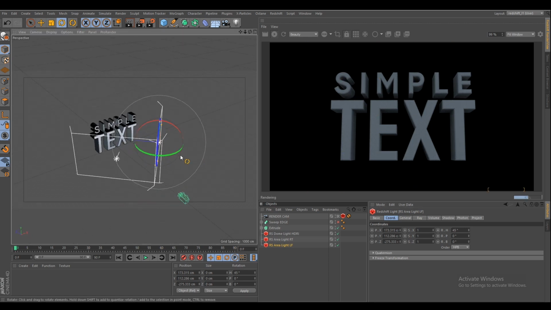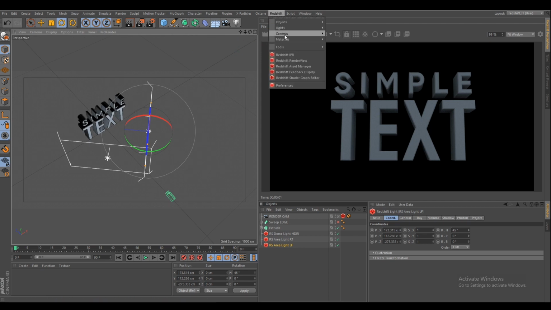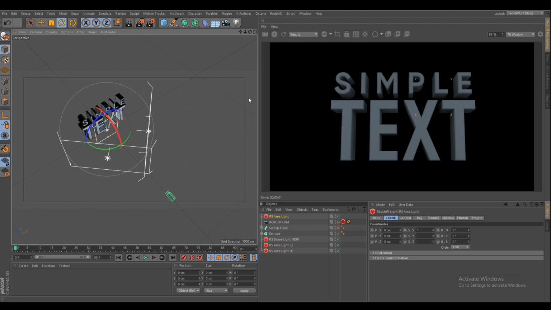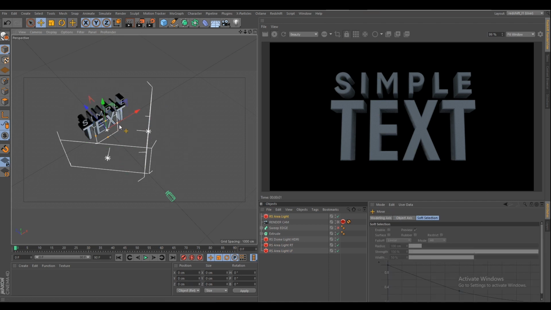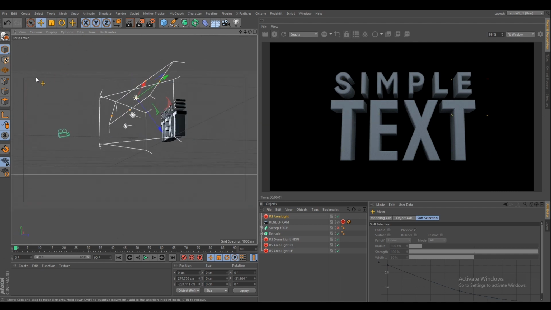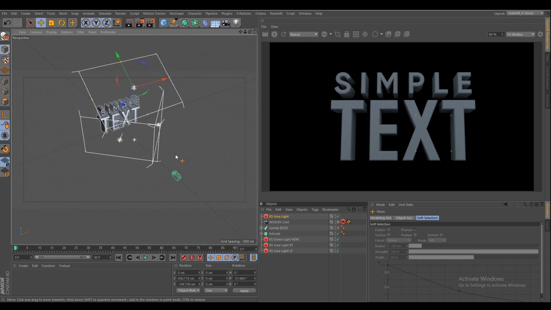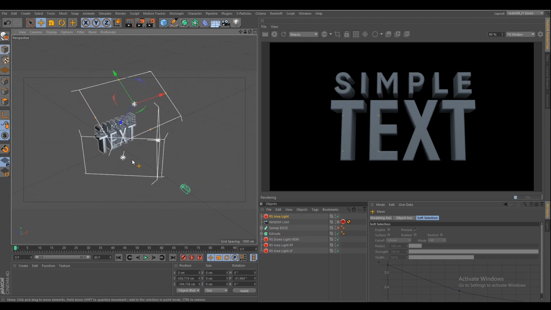Okay, I got a flip version, and I want a top light also. Area. Okay, so this is my actual lighting setup.